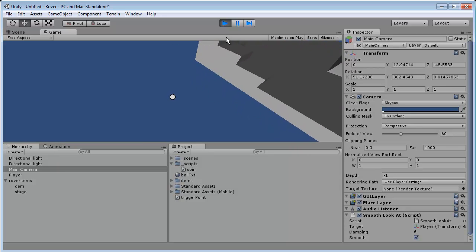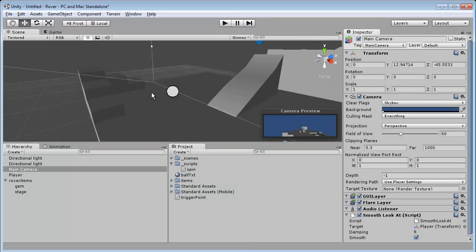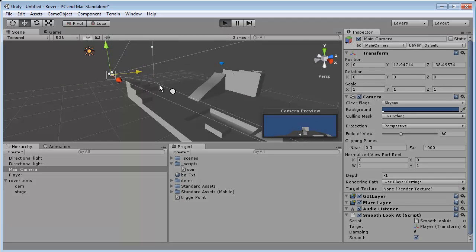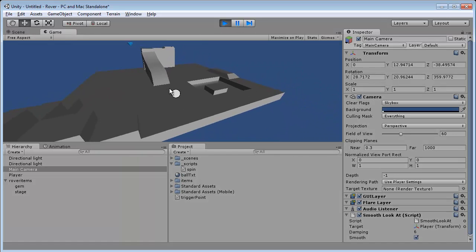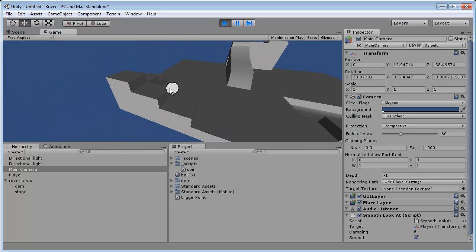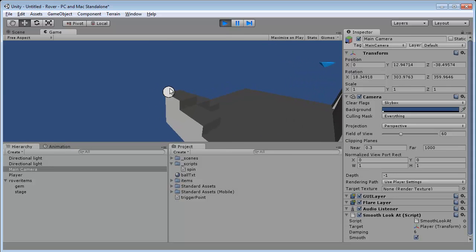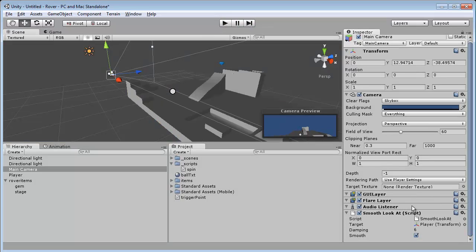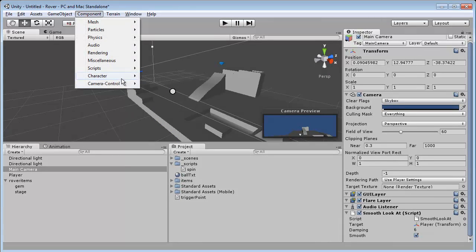Whoops, definitely fell. Alright, so that's smooth look at. All that does is it allows the camera to just follow you around. And as I get closer with the camera, you can see that the camera sees a little more detail. Okay. Alright, now the other thing we can do is add, still with our main camera selected, camera